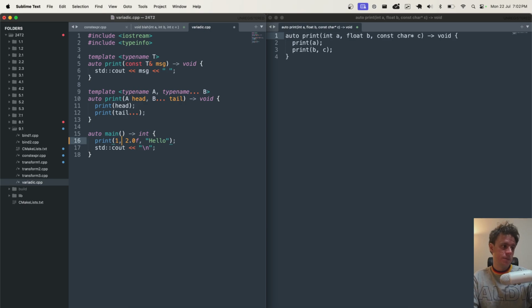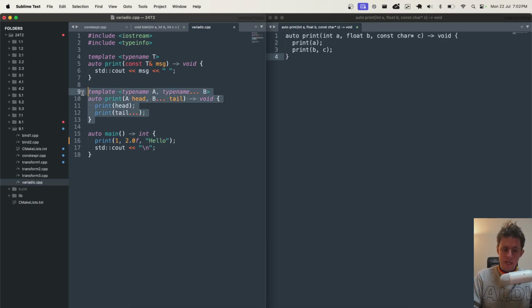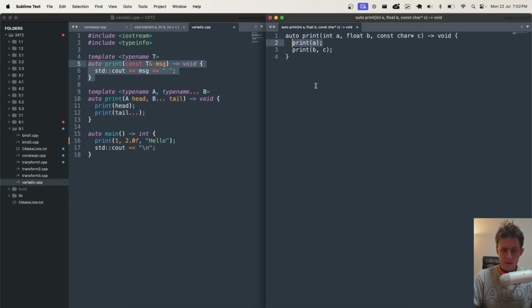It is similar to Python, definitely. Type A of 1, and then type B is the collection of a float and a string literal, which is a const char star. So what happens is that function here, when it tries to instantiate a version of it, it does print where A is int, and then it gets B with all the rest, and then it simply calls print on A and then print on all the remainder. But print on A will naturally then come to this function here, and it will instantiate that and say, yep, T here was an int, and it'll call that.